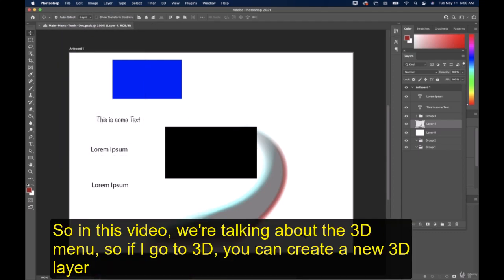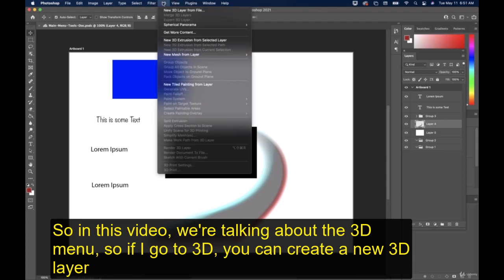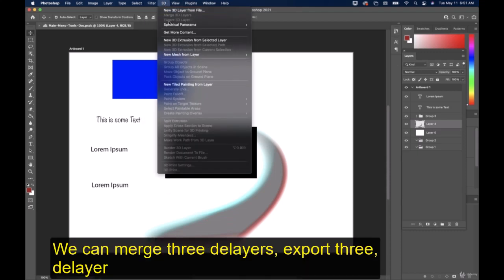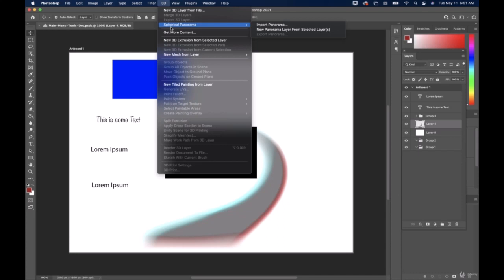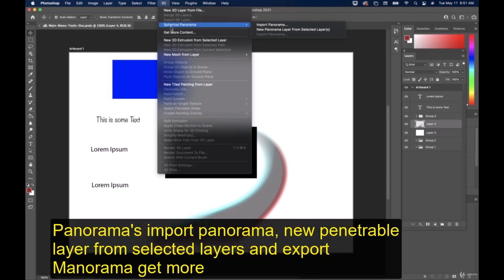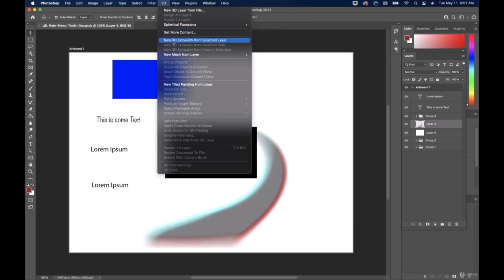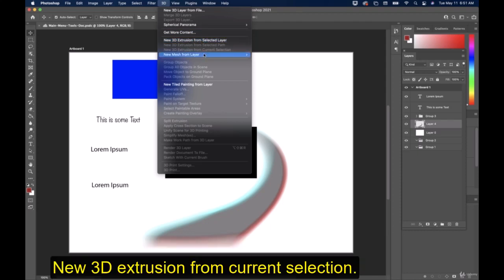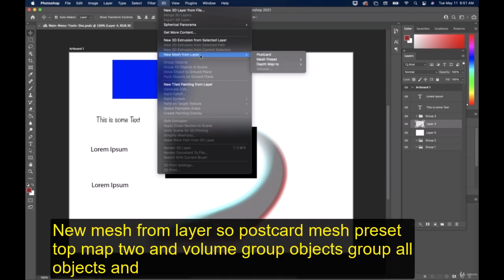All right, welcome back. So in this video, we're going to talk about the 3D menu. If I go to 3D, you can create a new 3D layer from File. We can Merge 3D Layers, Export 3D Layer, Panorama, so Import Panorama, New Panorama Layer from Selected Layers, and then Export Panorama, Get More Content, New 3D Extrusion from Selected Layer, New 3D Extrusion from Selected Path, New 3D Extrusion from Current Selection, New Mesh from Layer, so